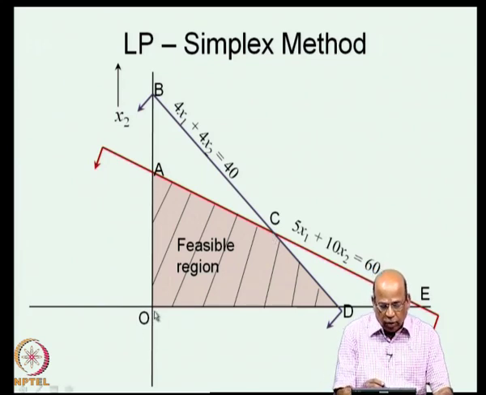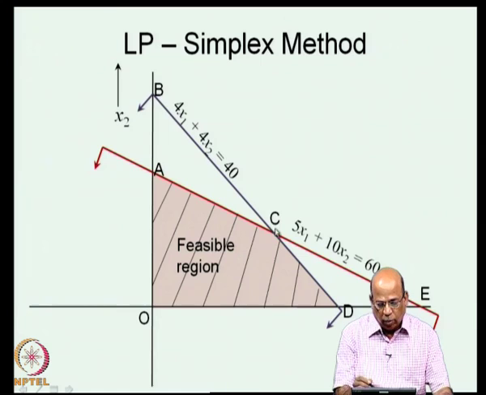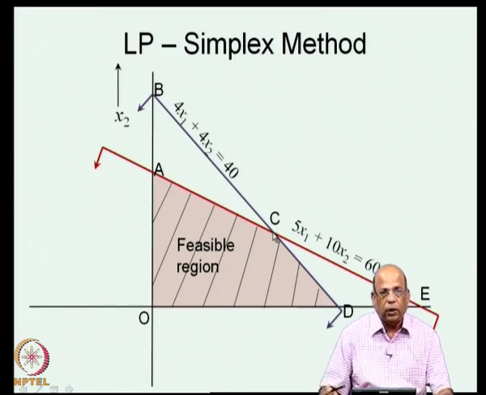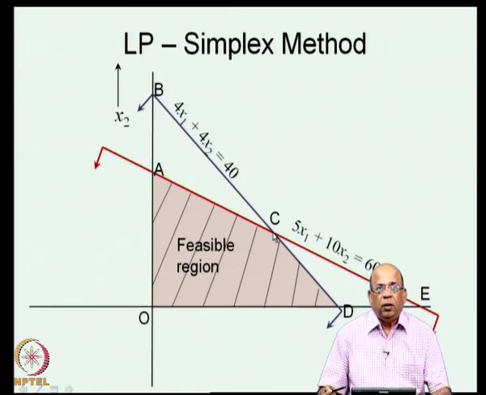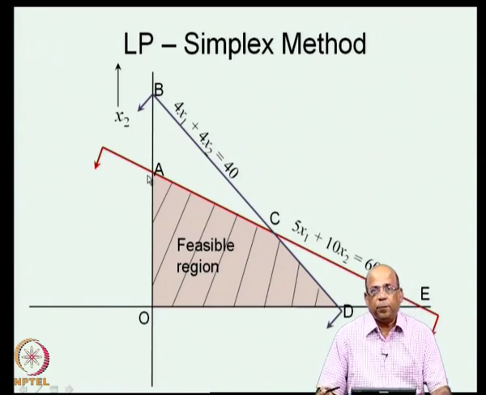So, in this case you had the option of going from O to D or O to A, and then once you come to A, let us say you have the option of going only to C, because that is the next basic feasible solution. If you came to D, you had the option of going only to C, and so on. And if C was not the optimal, then if you had come from D to C, you would go to A.